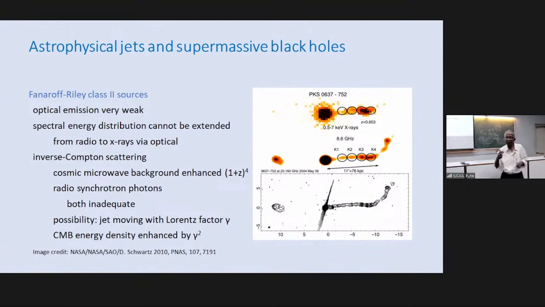So the Doppler effects begin to play a role because the jet itself is moving with a high Lorentz factor. This is the bulk Lorentz factor of the jet, and it is not the Lorentz factor of the individual electron. Gamma over here can be about 5 or 10 or so, not of the order of thousands, that we talk about, 10 to the power 4 or even much higher for the individual electrons. But even these jets which are moving out can have high Lorentz factors of a few, about 10, 20 is what we talk about. But because it is moving, look at the cosmic microwave background radiation from the reference frame